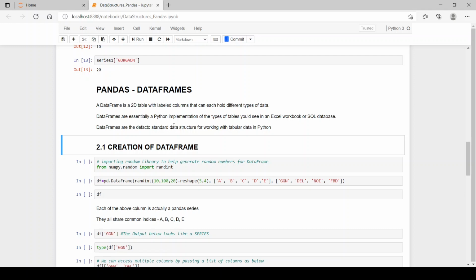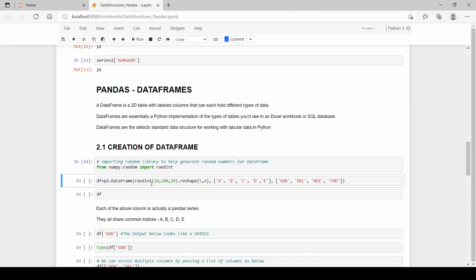Now let's see how we can create a data frame. Firstly, I have imported randint from numpy.random, so we can create a data frame with random integers in it. So here I have used pd.DataFrame to create a data frame. I have used randint 10, 100, 20.